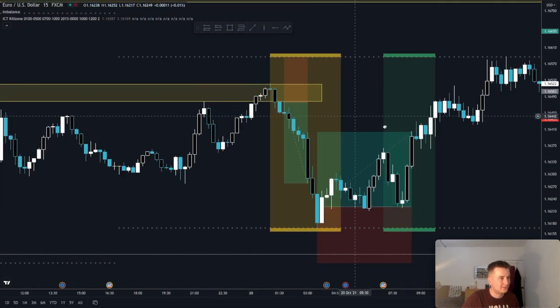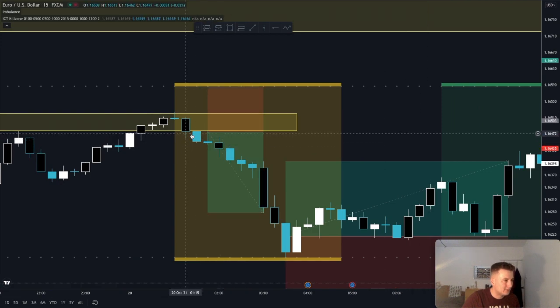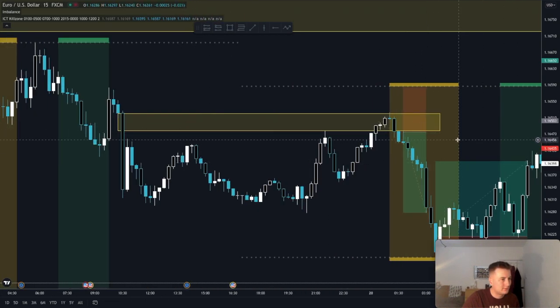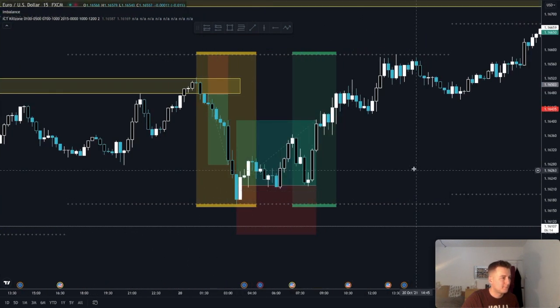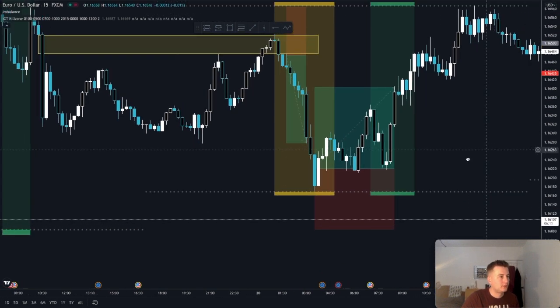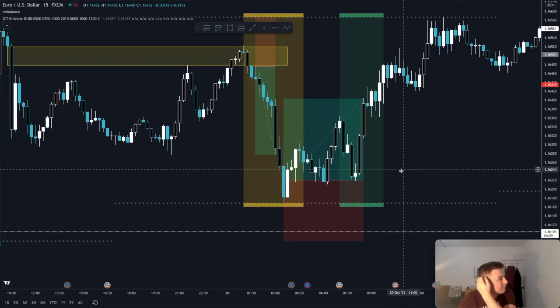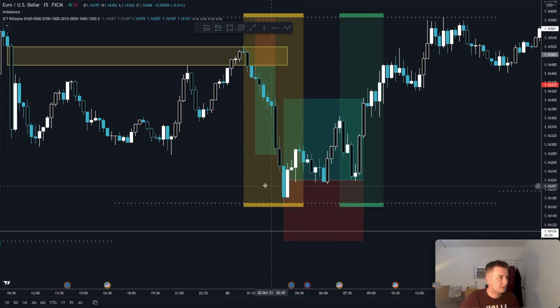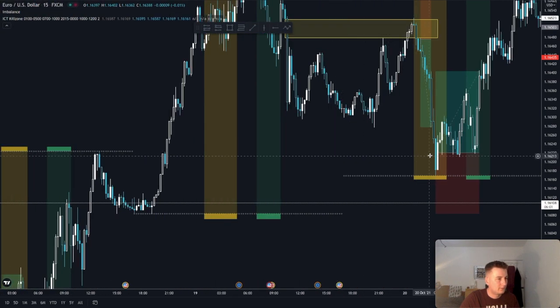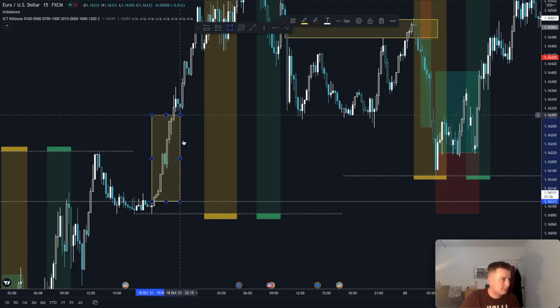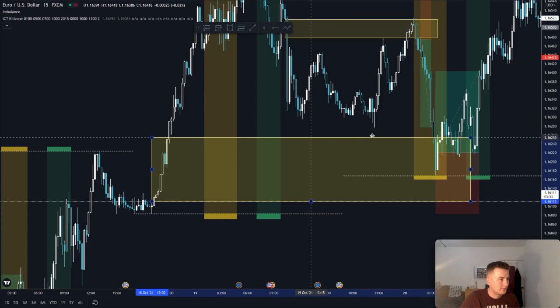I was very lucky, I'm not gonna lie, on this wick. So super tiny wick, and I got triggered and set my take profit at these lows because I saw these equal lows right here, so I knew the liquidity was going to get swept. And then carrying on throughout the day, I saw price come down to here, which is where I entered, the way I entered on this candle, and that was because of this imbalance area right here. So it was narrowed down,